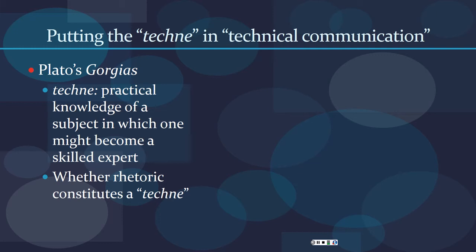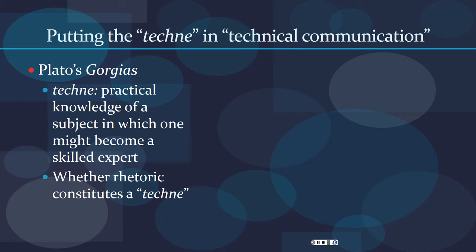And the reason I go to that is because a lot of what happened with the term technical is that it comes all the way back to ancient Greece, and it comes back to the same time when Plato and Aristotle were trying to figure out what's going on in the public sphere, how are people deliberating about different things, at the beginning of when they were writing about speaking and talking about speaking. So Plato is trying to figure out what is the origin of public speaking and who is responsible for being an expert in that, and can someone really be an expert in that? So he has a dialogue called the Gorgias, and in the Gorgias,